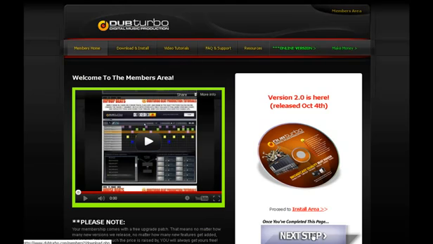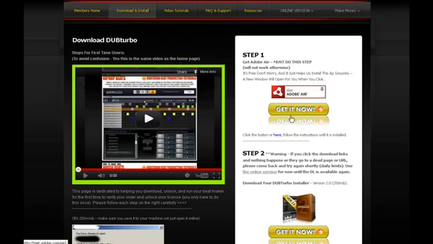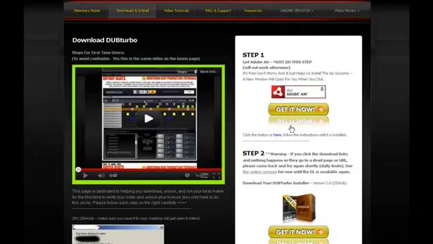The next step is to download. You can click it here or here, and you'll be taken to our download and install section. Again, if you've already downloaded the standalone, you don't need to re-download it. We haven't updated this version yet. We just released this, the hot new VSTs. So if you're brand new, you'll download everything, and if you've already purchased our brand and just want the VSTs, you'll